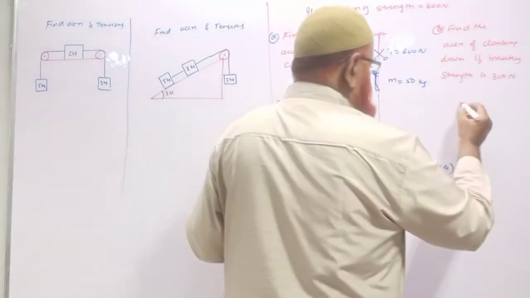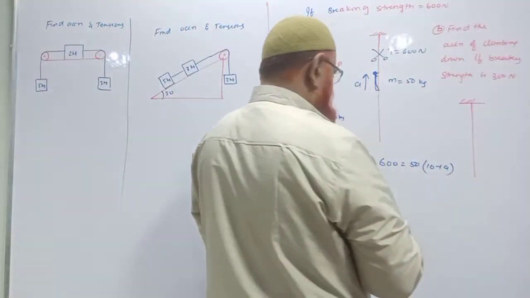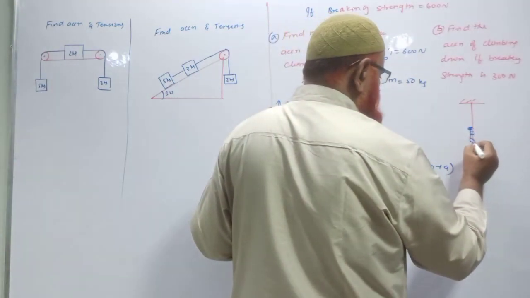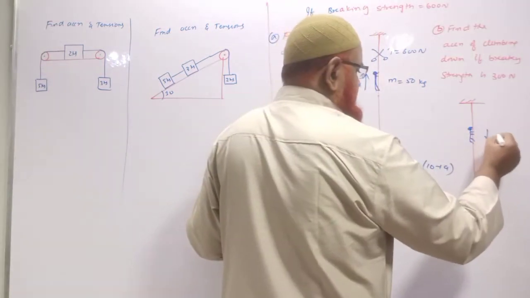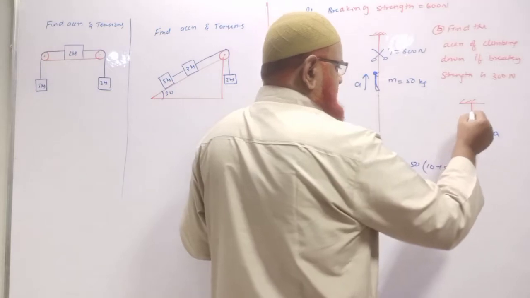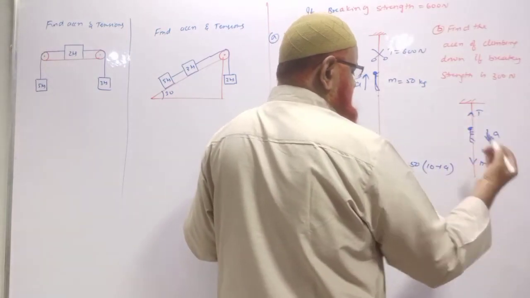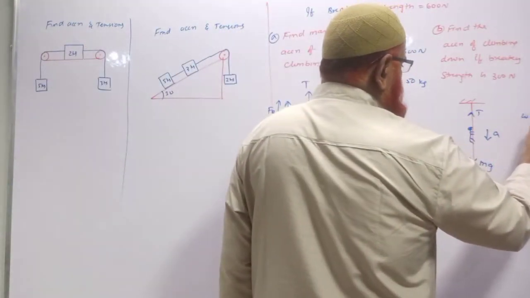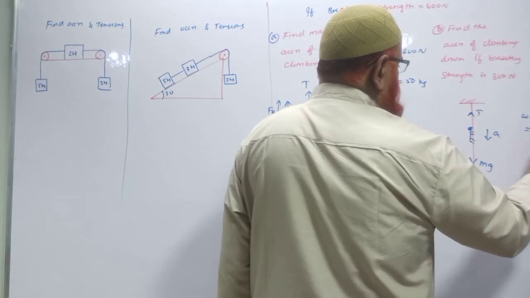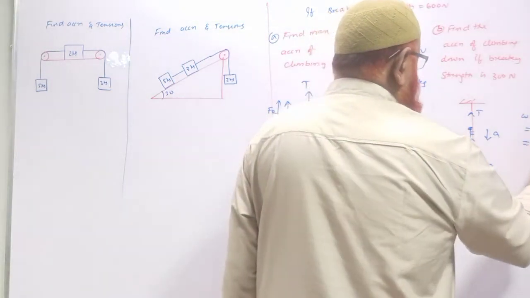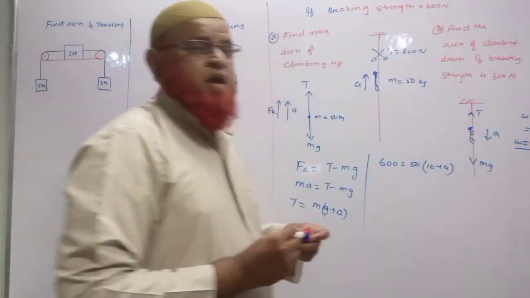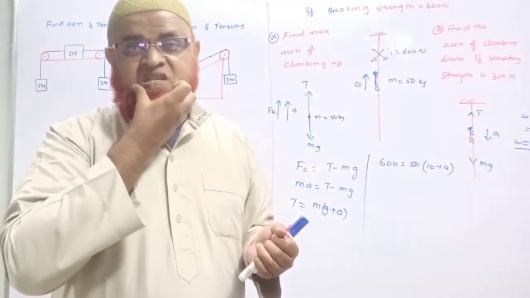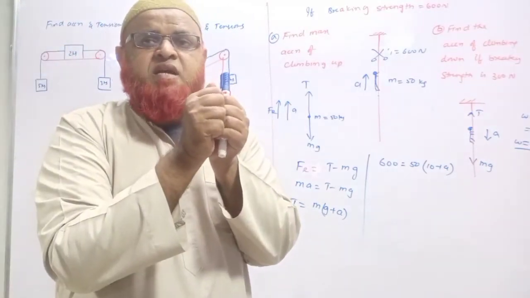Now in the next case, this is the rope and this is the man who is going to climb. Okay, now he has to climb down. Why does he have to climb down? Tension is upwards, weight is acting downwards here. And what is the weight acting downwards? Weight is equal to mg. Mass is 50, g is 10, so 500 newtons is the weight here. Weight is exceeding the breaking strength. Understand? If he stops, it will break.